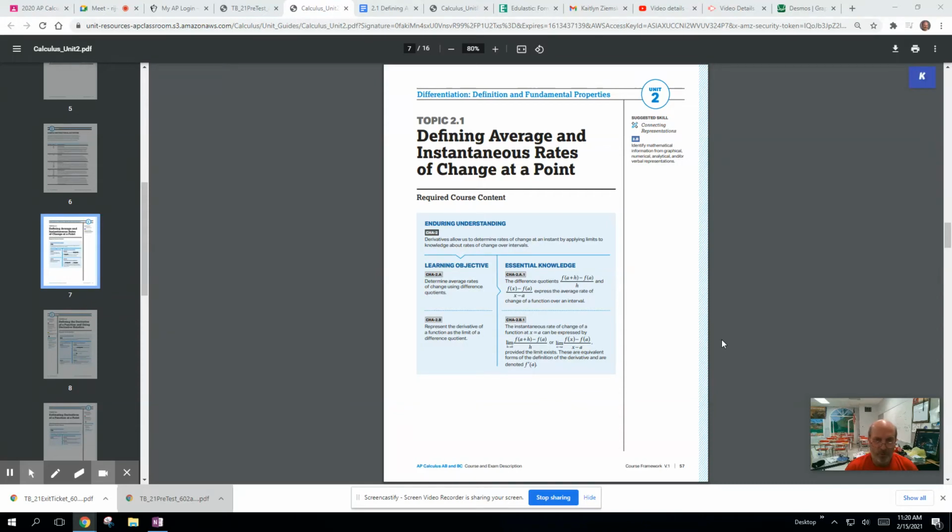Okay, this is lesson 2.1, define average and instantaneous rates of change at a point for AP Cal. In this lesson, we're going to determine average rates of change using difference quotients, and we're going to represent the derivative of a function as the limit of a difference quotient. So we'll start